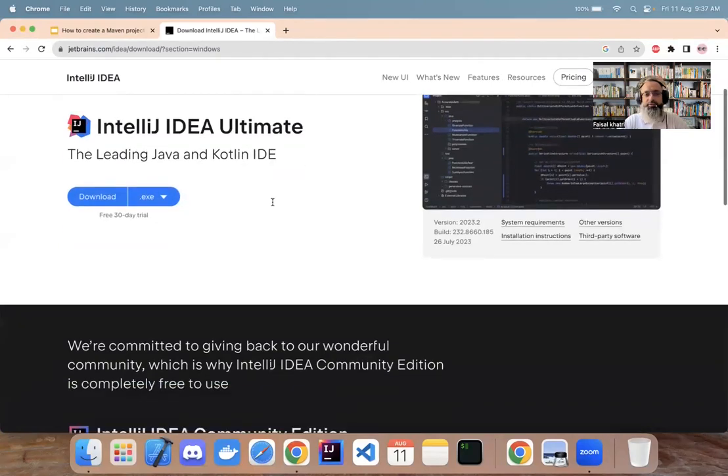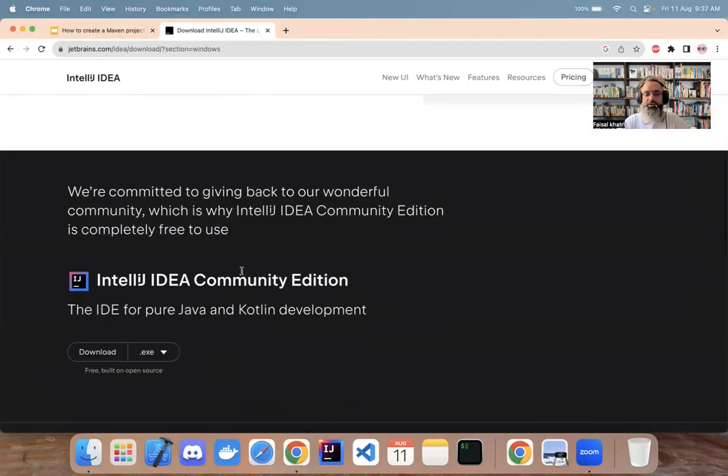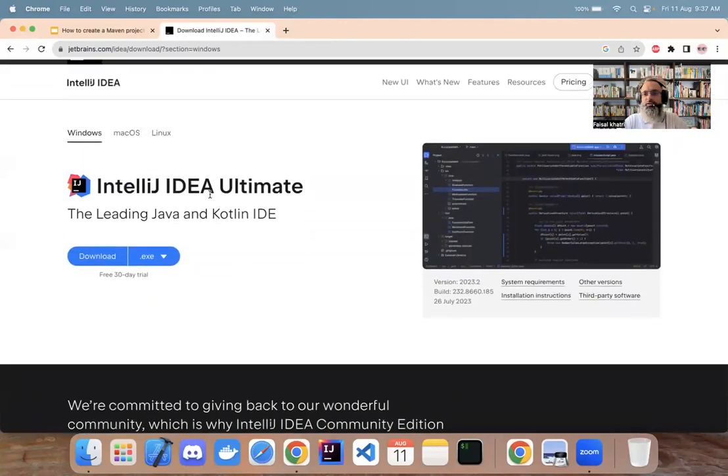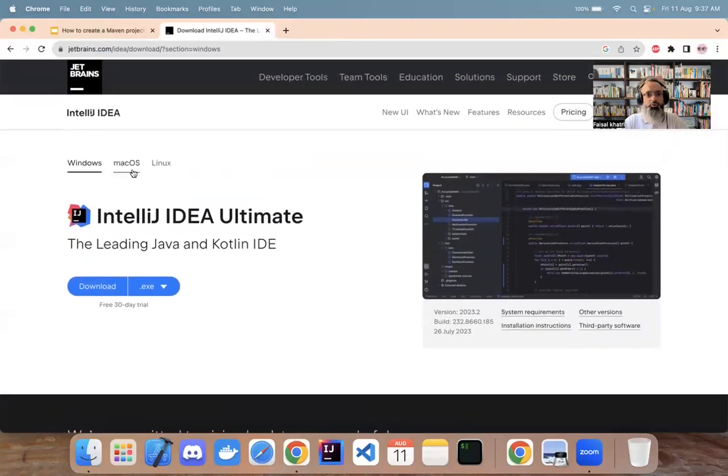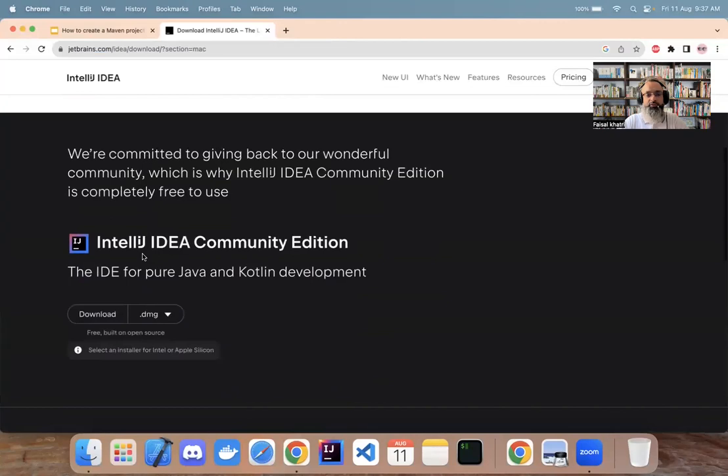But the file that we need to download, there are two versions of IntelliJ. One is the ultimate one, and the other one is the community edition. Ultimate one is ideally a paid version. You'll have to purchase a license for this, but the community edition comes as a free. So we'll go ahead and download this community edition for Mac OS, which is a DMG file,